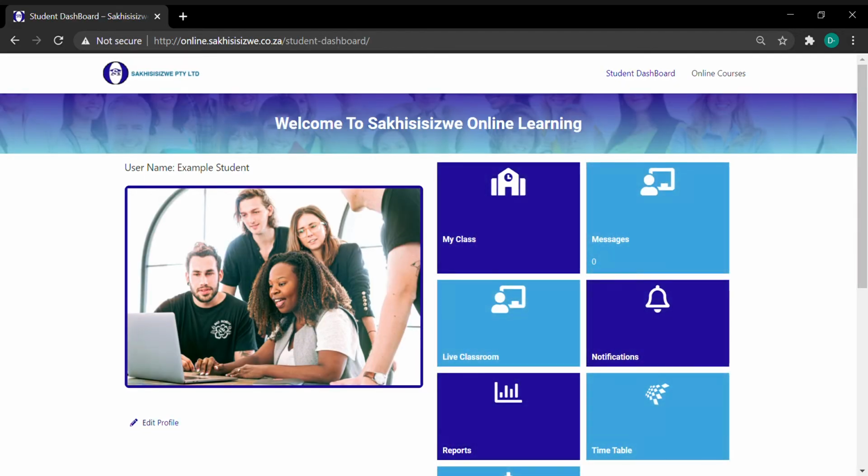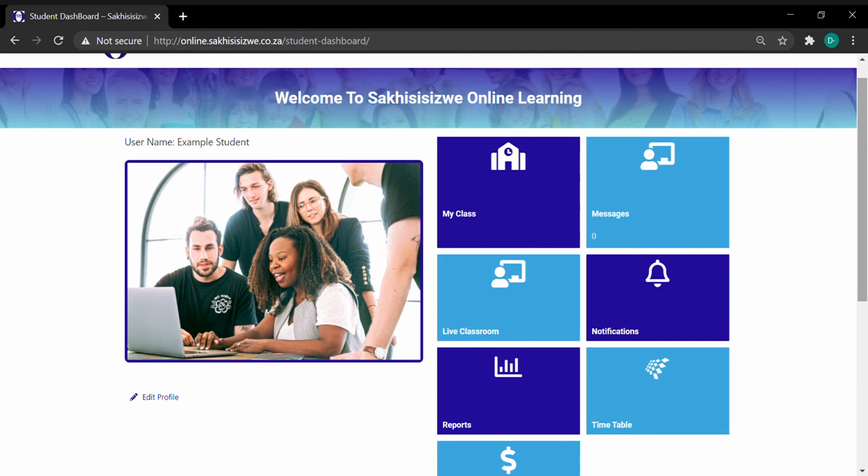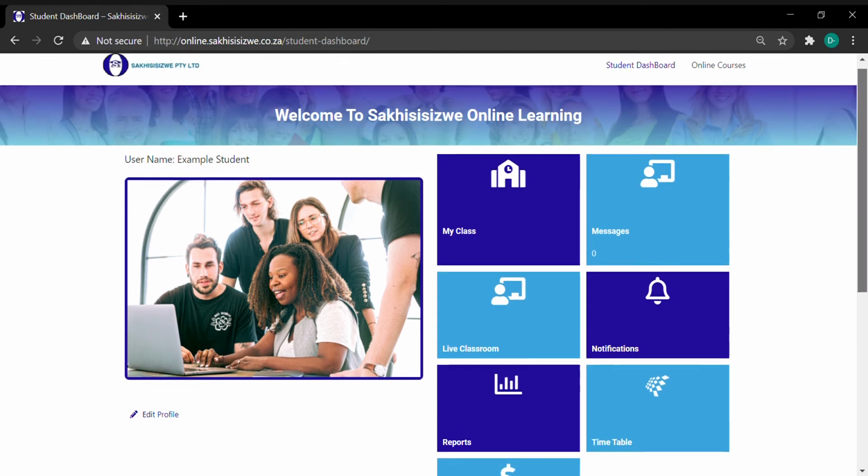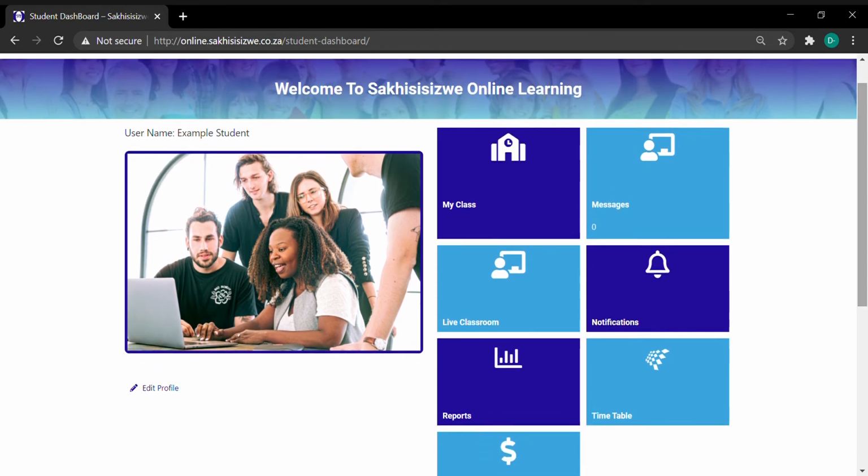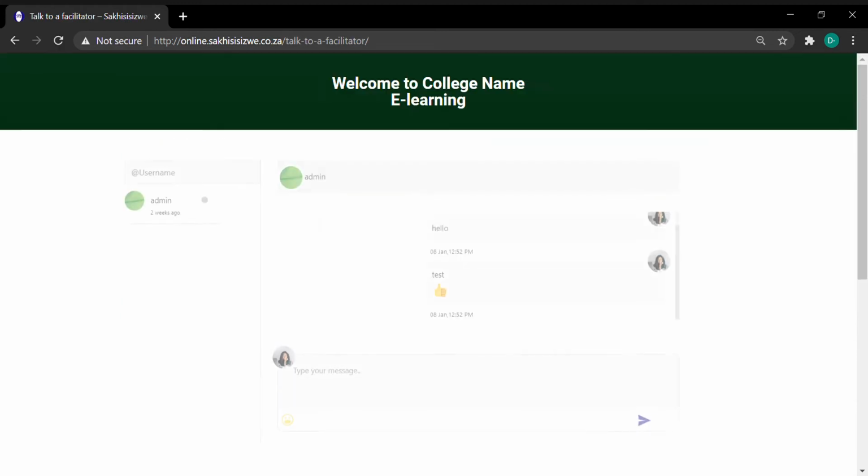So you can see here we open to our student dashboard, where it first of all welcomes us to our page. Second of all, it tells us who we are. For instance, here I'm an example student. This is my profile picture, and a few other things which we'll get into. The main things on your student dashboard are your messages, which is a system in which you can contact other people in your groups as well as administrators if there are any problems,